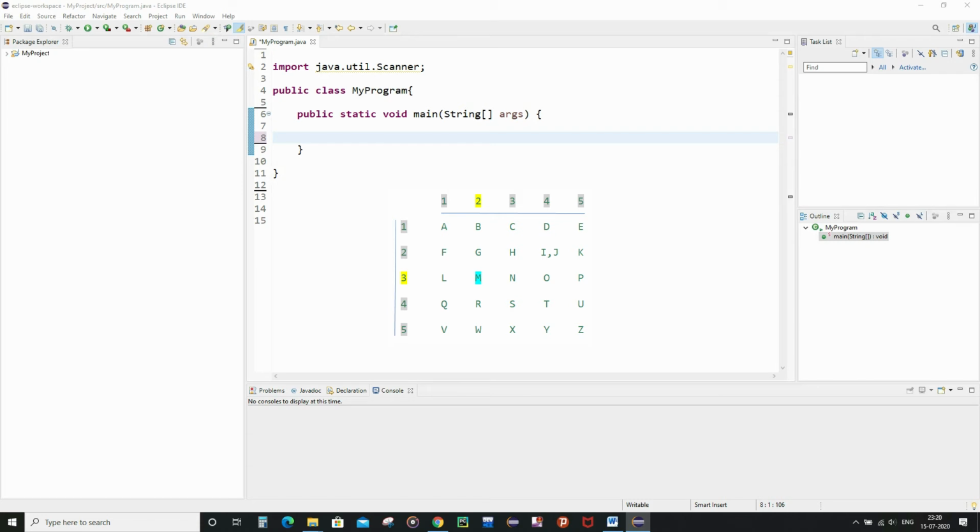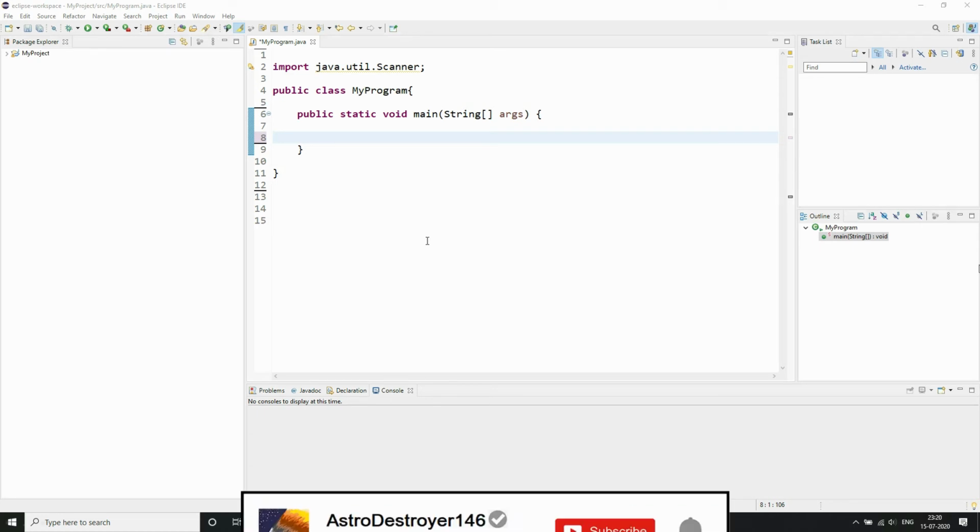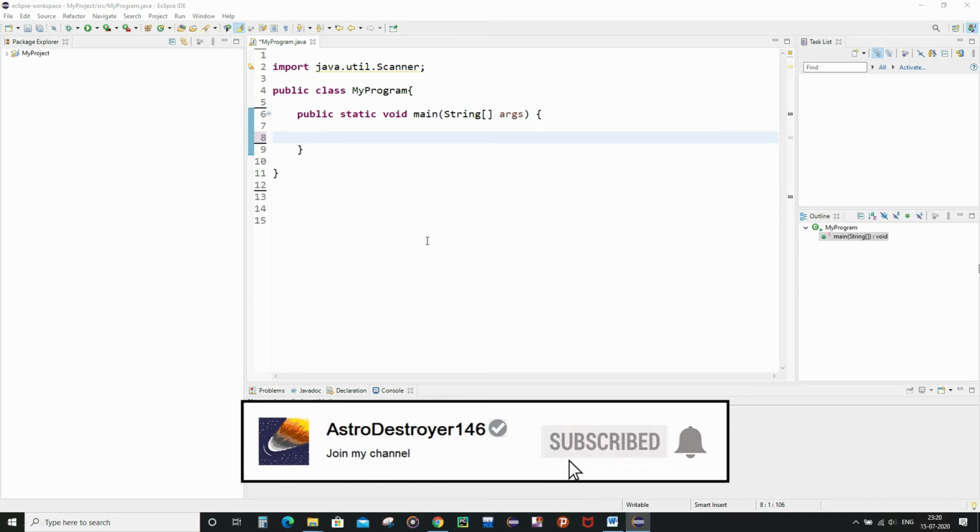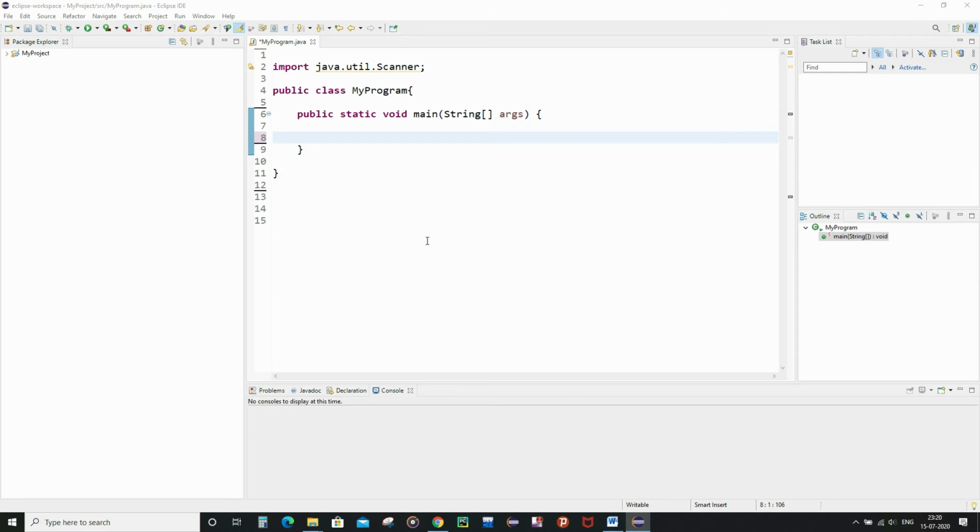Then for doing that you will have to go through each of the characters present in that plain text, and for each of such characters you will have to locate that character in the matrix, note down the row as well as column values for that character, and then convert them into a string and concatenate them into a larger string where the first element will be the row index and the second value will be the column index. Similarly for each of the other characters you will have to do the same and keep on adding such strings to each other, and finally at the end of the iteration you will land up with the encrypted text. Similarly we can do the decryption as well.